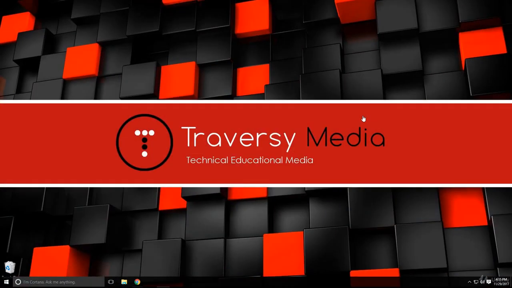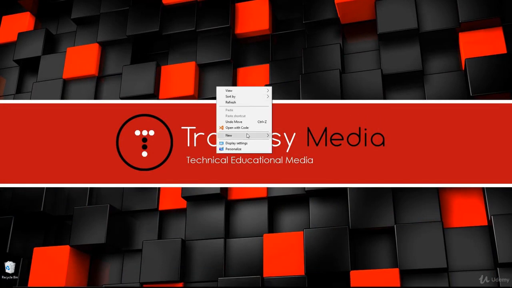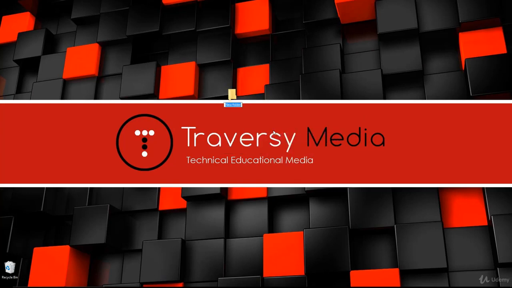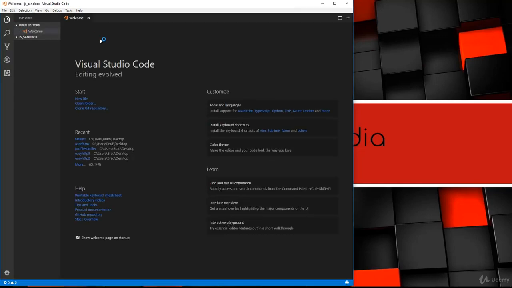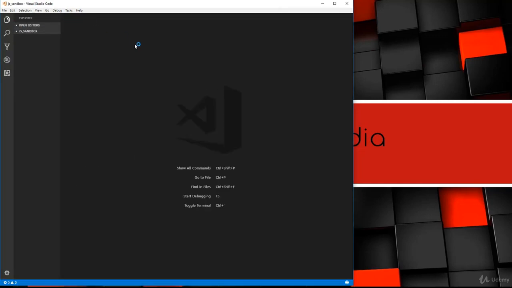Alright, so I'm on my desktop. We already have Visual Studio Code installed, and that's the text editor that I'll be using. So what I'm going to do is create a new folder here, and I'm going to call it JS_sandbox. Okay, and this is what we're going to work in for quite a while. So I'm going to open it with Visual Studio Code by right-clicking and saying Open with Code. But if you're not using this text editor, just open up this folder in whatever you're using. Alright, I'm going to just close the welcome screen up, and you can see we have an empty JS sandbox